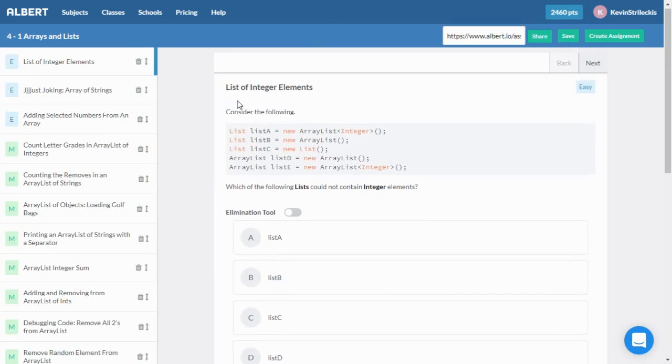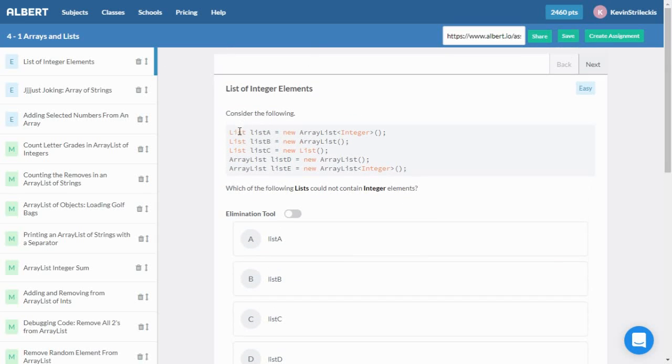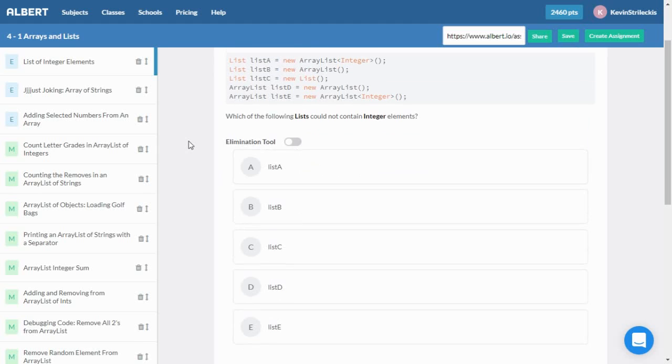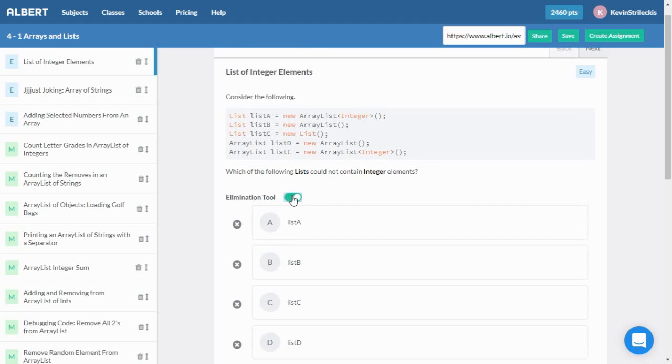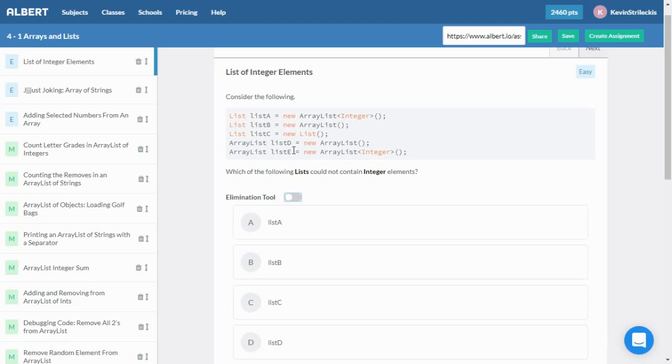Alright, so start off with the first one. I feel like all of you should have gotten this one. Really and truly, all of these things can hold integer objects except for the one which won't actually initialize. So if we use our elimination tool here, remember Albert has this elimination tool where you can cross out answers, we should really just be left with list C. For an explanation, it's this. List C equals new list